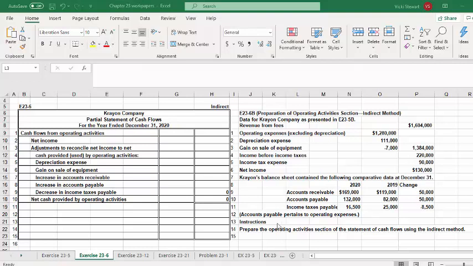And the instructions state to prepare the operating activities section of the statement of cash flows using the indirect method